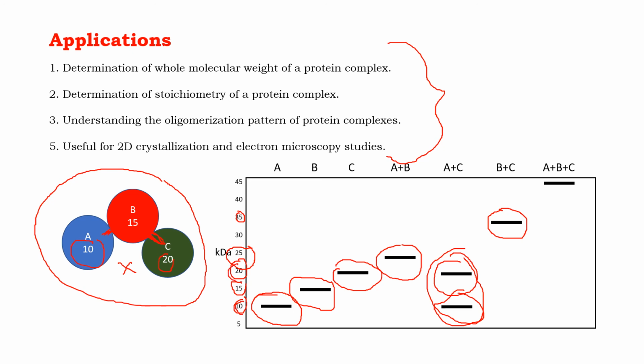But when we are expressing all the three subunits, we will get a single band at 45 kilodalton, because subunit B is present, which links subunit A and C indirectly to each other within the protein complex, and hence we will get a band at 45 kilodalton. So this whole slide sums up the idea of how blue native PAGE is usually helpful in studying and characterizing a particular protein complex, and I hope it is quite understandable.